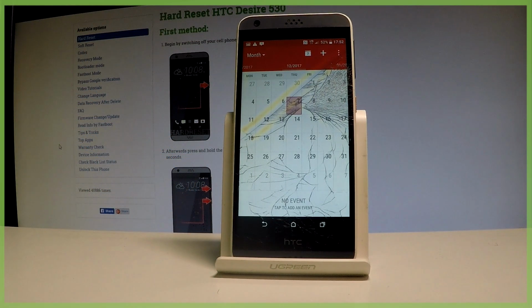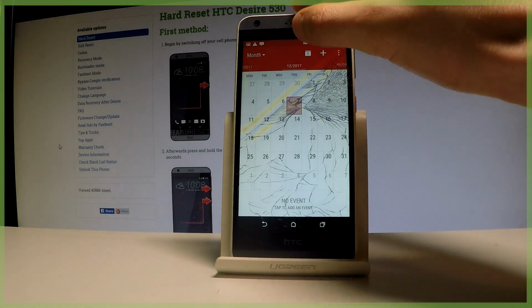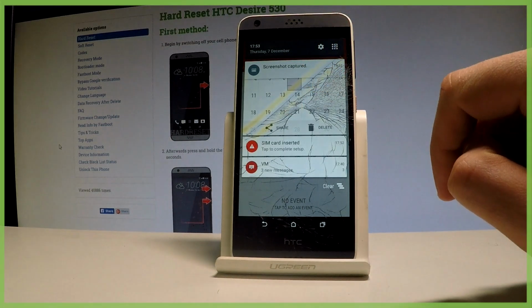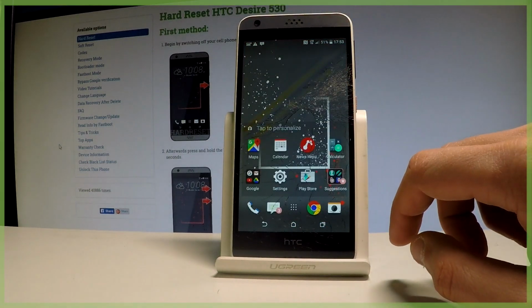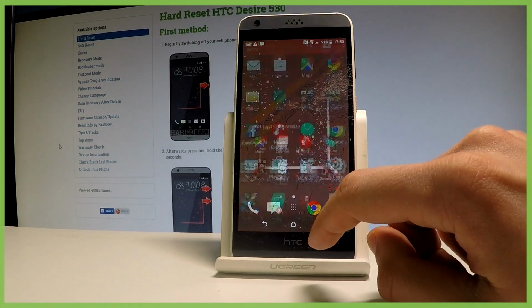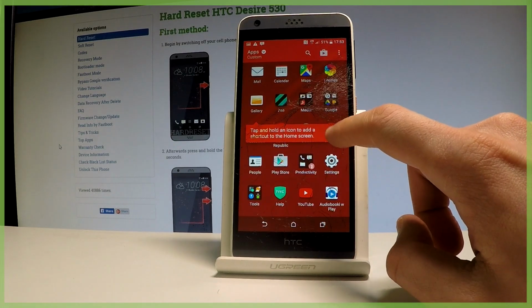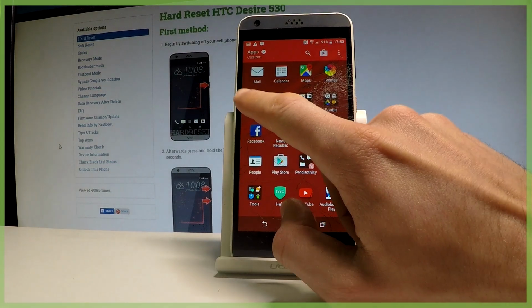Now if you would like to share, edit or delete taken screenshots, you have to find the screenshot folder. You can do it by using an upper bar and choosing screenshot captured, or you can also accomplish that by using a home screen, here by choosing apps icon. Afterwards find and select the gallery right here,